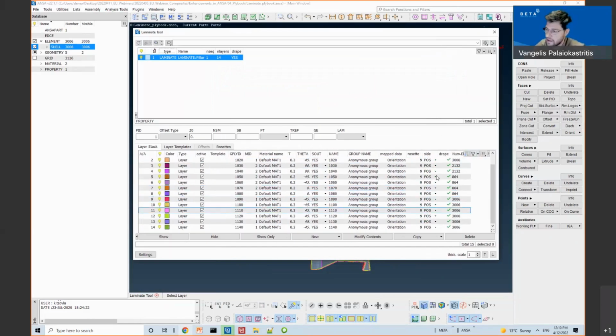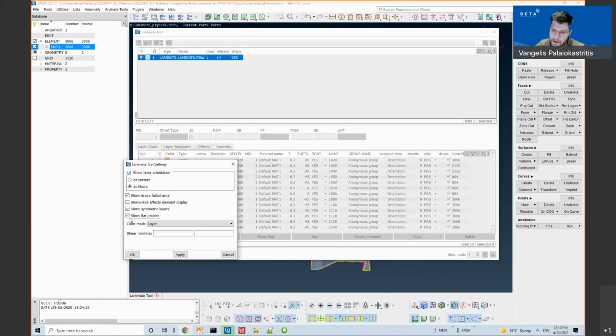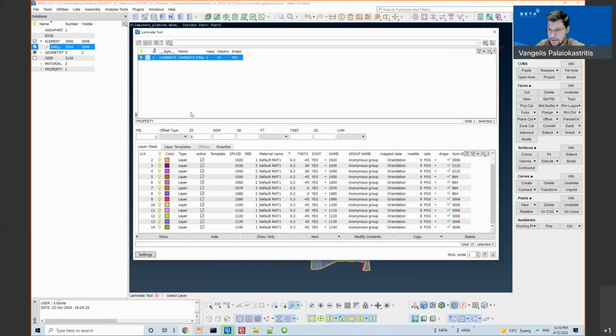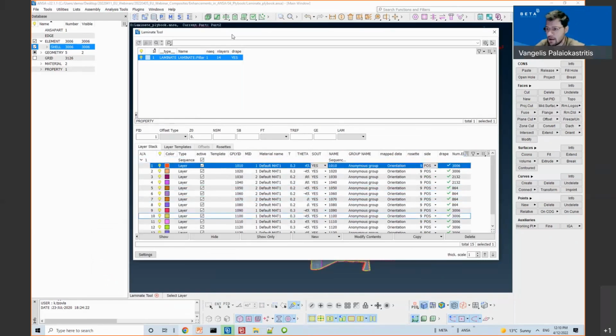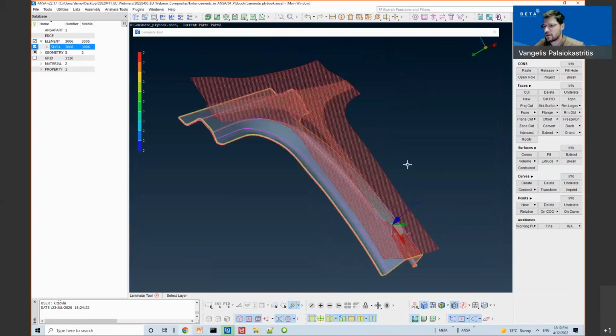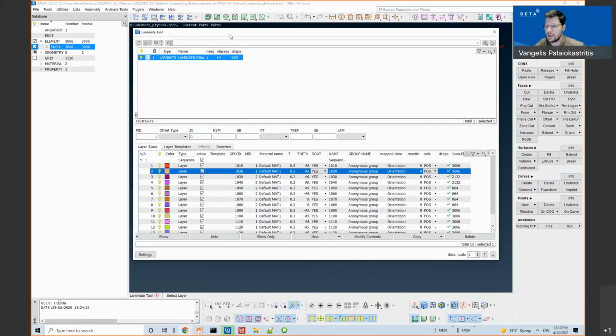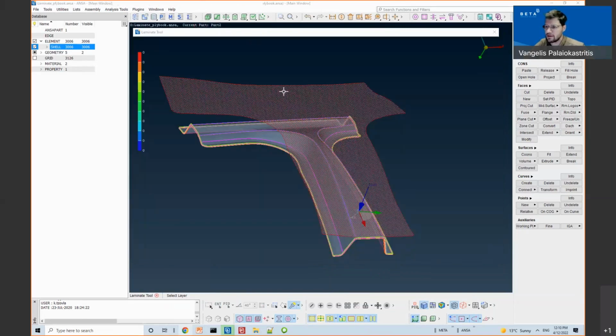Since they have been draped in ANSA, I can go to the settings and activate the show flat pattern option, and if I pick a layer from the list, I can see its flat pattern.